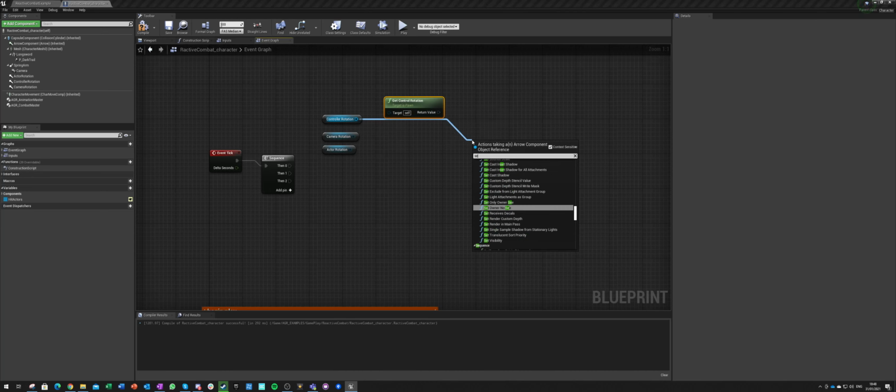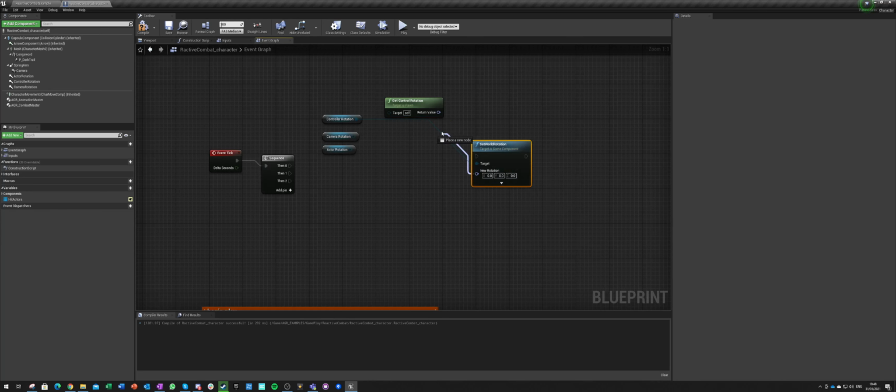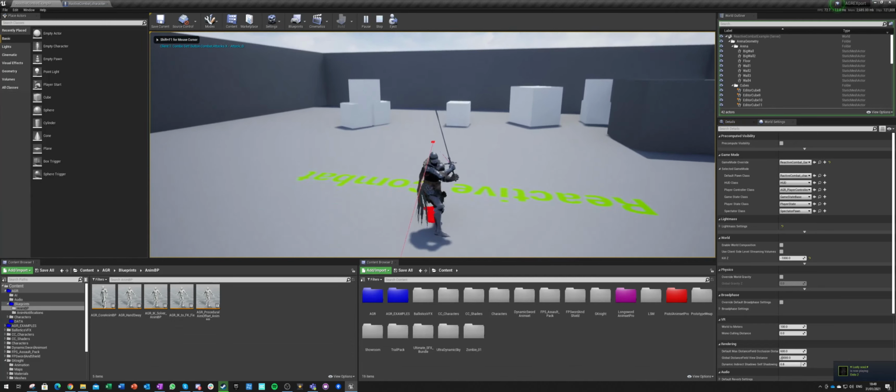Okay, set rotation. Set world rotation. It will be this rotation. I think it is the world rotation, not relative. We're gonna see in a second.